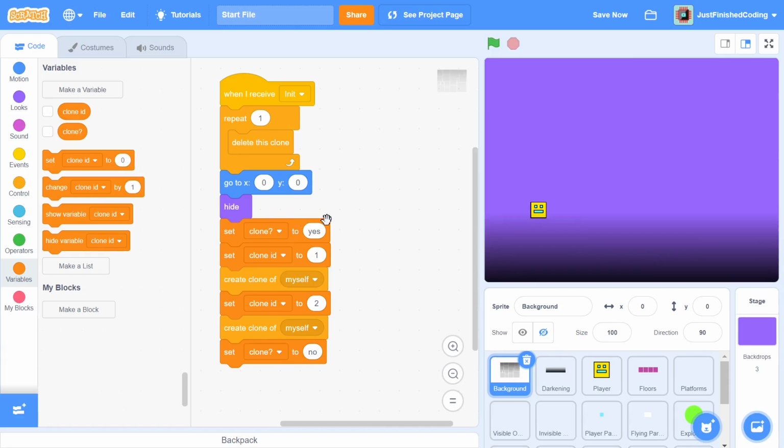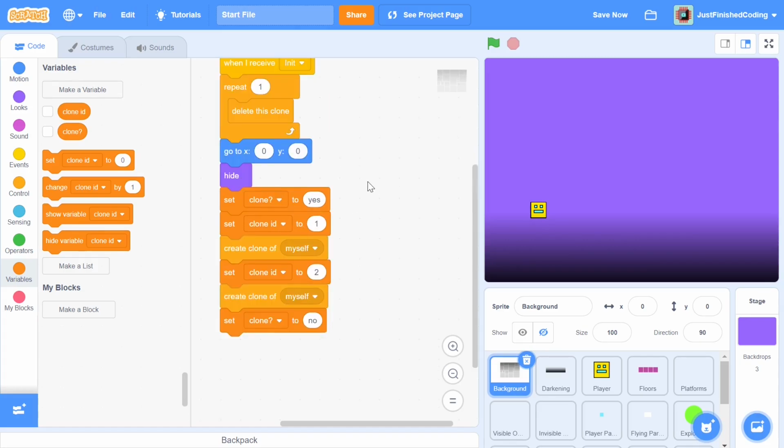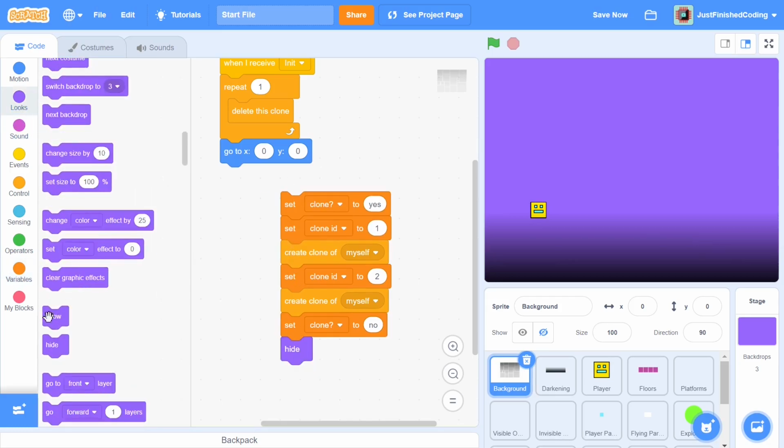Now after the clone is created, what we're doing is setting the clone variable to be no for the sprite, but the clone variable of the clones are still going to be set to yes, and as a result we have both the clones with their clone variable set to yes, and we have the sprite with its clone variable set to no. Very simple, and that's the idea of the code. Now I'll also make one small change, and we want the clones to be seen right at the beginning, but we don't want the sprite to be seen at the beginning because all the moving around is going to be done by the clones.